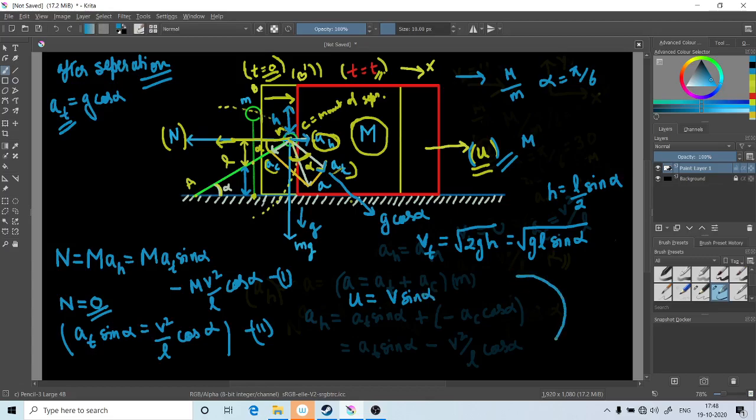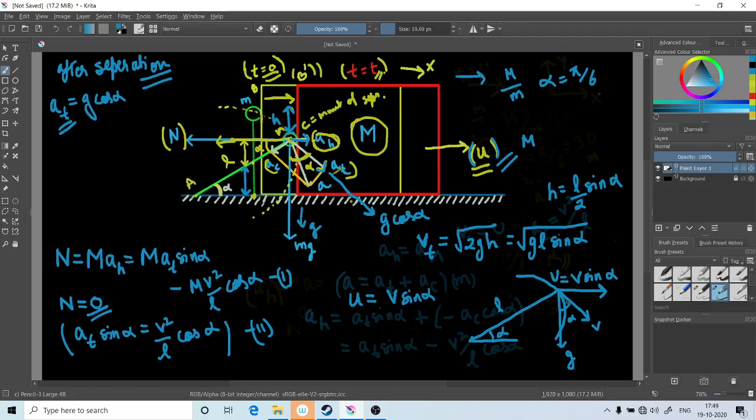This is the circle, this is the rod L making an angle alpha, this is L, this is the velocity v, g, this is alpha, this is v sine alpha, that is u,